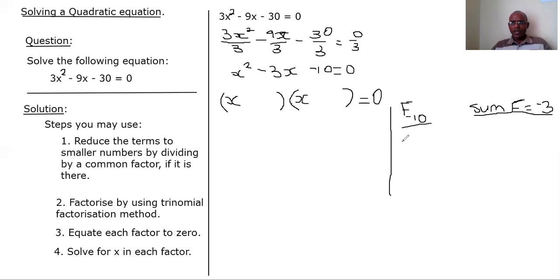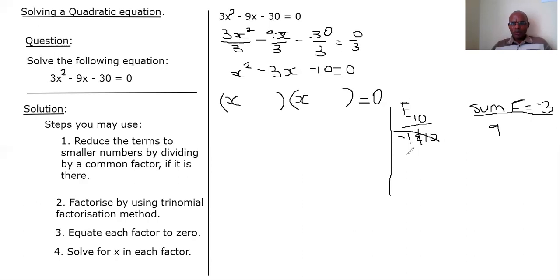To start with the smallest, we have minus 1 and 10. If you multiply these two factors, they give us negative 10, but when you add the factors, they give us 9. So this pair is not